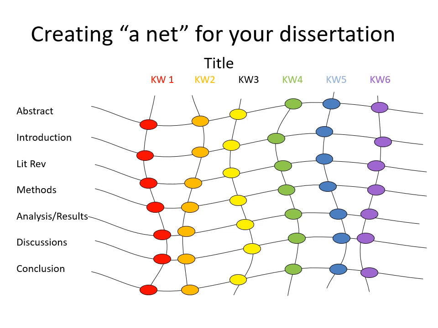So this is a map. It's a net. You can see we have colored 6 keywords here. Some of these will surely appear in your title, definitely in your abstract, and also in your introduction, and they will guide you in doing this literature review. You organize the literature review to cover each of those areas, summarized or categorized by these keywords. Then those keywords will also appear in your